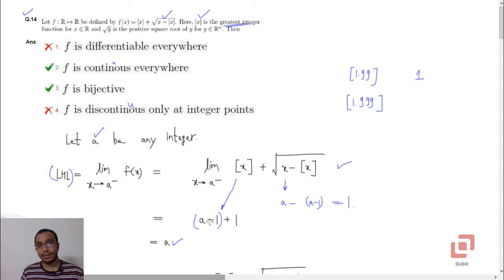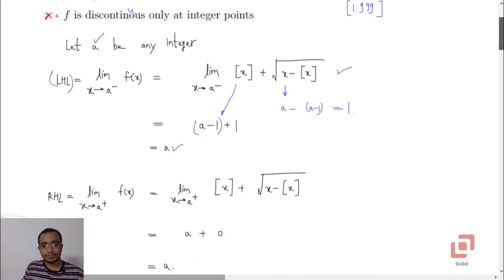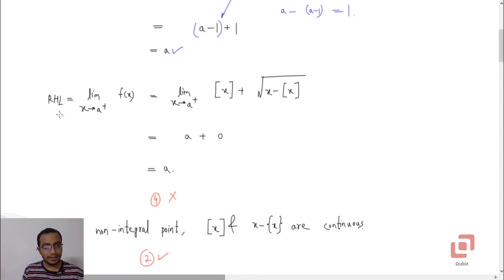Now let us try to find the right hand limit. To find the right hand limit, there is no need to worry about floor of x now, because x is going to be greater than a, but less than a plus 1, of course. So the greatest integer function's value for all these values of x will be equal to a. Now let us go to x minus floor of x. Observe that the numbers x are approaching a, correct? So if we try to find x minus floor of x, it will start approaching 0.